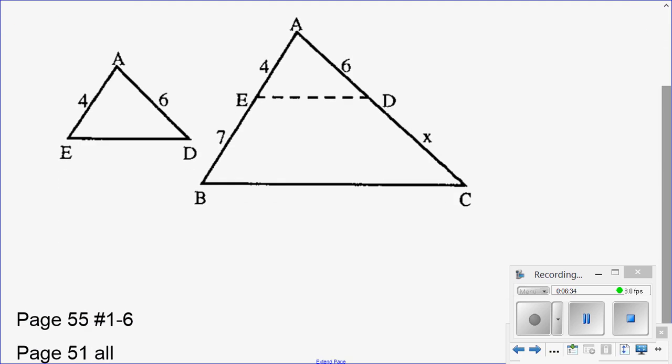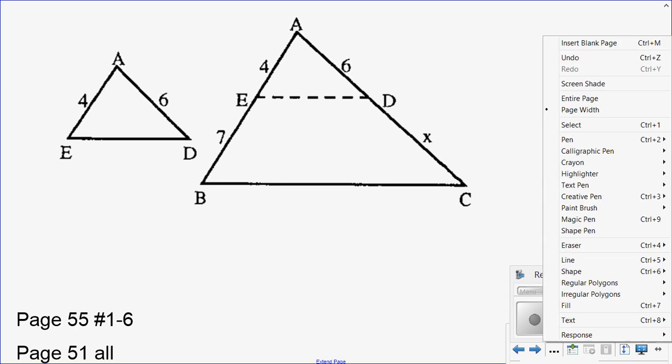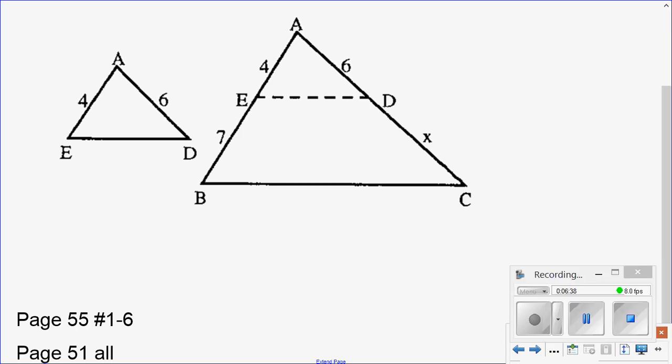So now I can get my pen and set up the proportion. So I have, starting with the small triangle, let's say 4 over, now I'm coming back here, I want the corresponding side, which is going to be 4 plus 7,